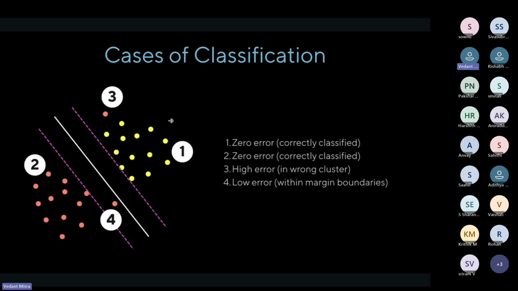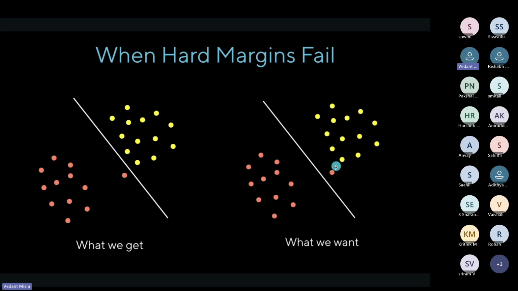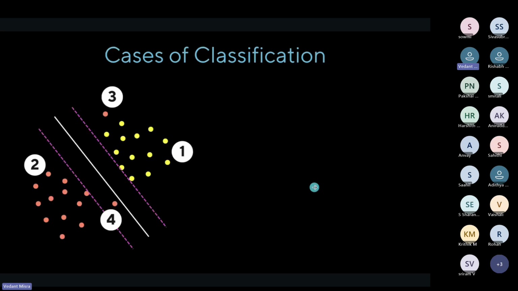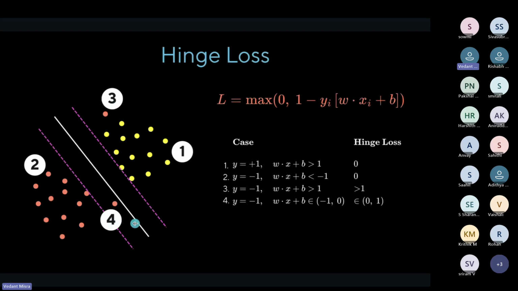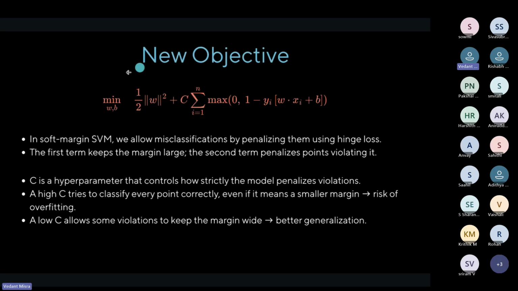The main thing is we wanted to allow some sort of error. We didn't want it to do perfectly. We allowed some error, but we also wanted to keep a check on how much the error would be. We saw that there are 4 cases of classification, and we want no error in the first 2 cases, a very high error for the third, and small error for the fourth. This loss function satisfies all those 4 properties, and we simply add it to our objective function. So now this becomes what we try to minimize, and that is called soft SVM,